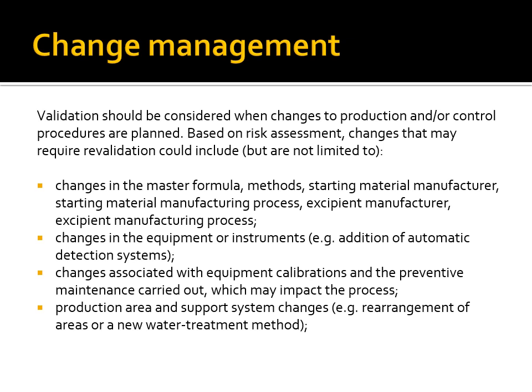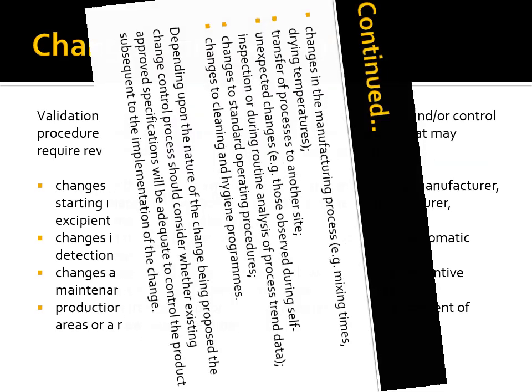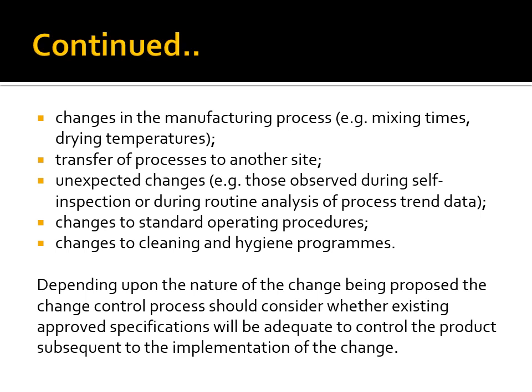Changes associated with equipment calibrations and the preventive maintenance carried out, which may impact the process. Production area and support system changes, for example rearrangement of areas or a new water treatment method. Changes in the manufacturing process, for example mixing times, drying temperatures, transfer of processes to another site, unexpected changes, for example those observed during self-inspection or during routine analysis of process trend data, changes to standard operating procedures, changes to